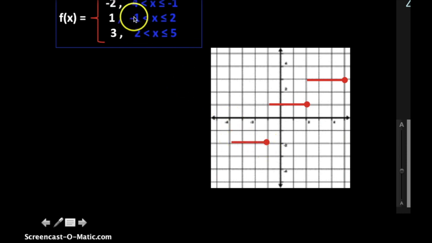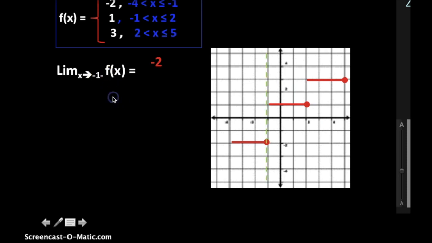And then the second one starts at negative 1 but doesn't include it, and goes to 2, that's this one, negative 1 open to 2 closed, and then we go from y equals 3 up here, from 2, doesn't include 2, it's open, to 5, which is closed. So I'm going to put these as limits. I'm not going to rewrite f of x every time because it's too much work, but I do want to approach it from the negative 1